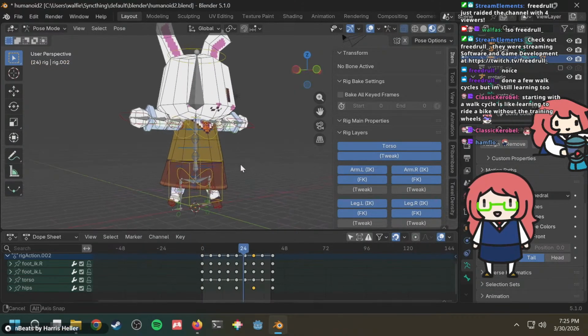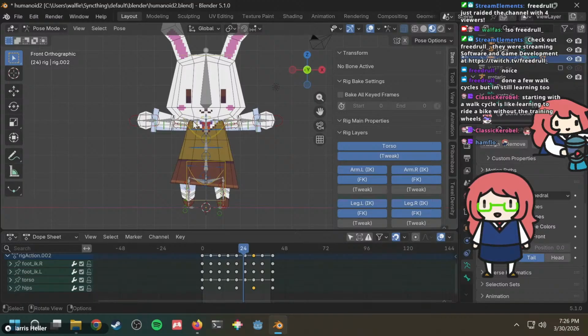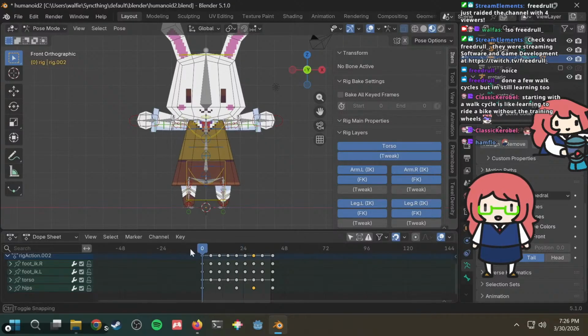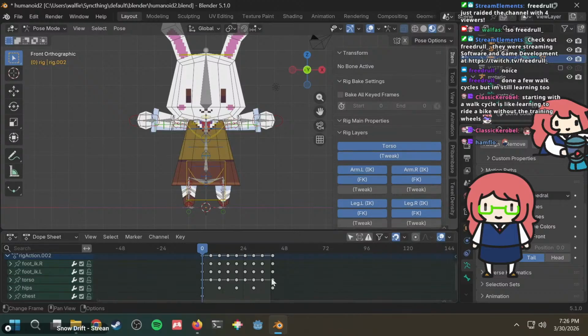Alright, and then I think usually the shoulders go the opposite way. So if this thing's bent this way, the shoulder should go up this way. So let's add a keyframe for the shoulder. Although, don't people usually put the arm movements in a different animation? There's a way to compose animation.